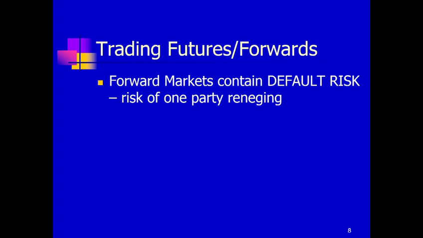So the risk of one party reneging is this risk that the counterparty, let's just make sure we understand the lingo here. We have two parties. If I am one of those parties, then the other is referred to as the counterparty. So sometimes we call this counterparty risk. That means the other person, the other institution that's making a deal with you, cheats. Okay? That's default risk, counterparty risk, same thing. You do not have that in futures markets. Why do you not have that in futures markets?